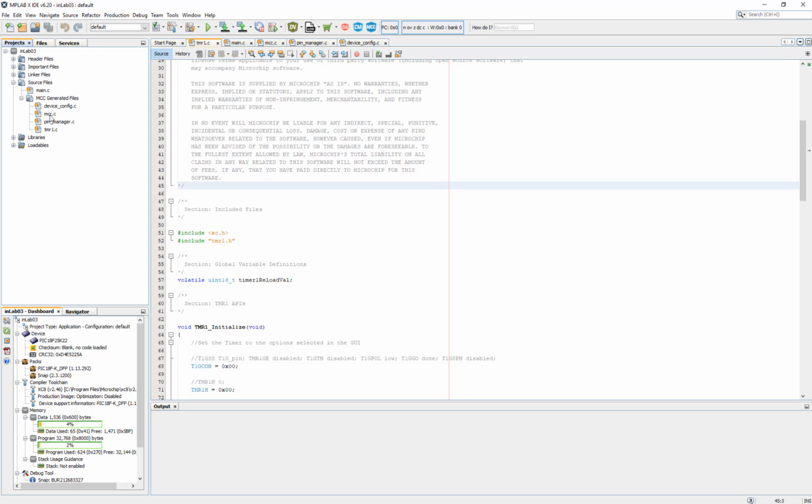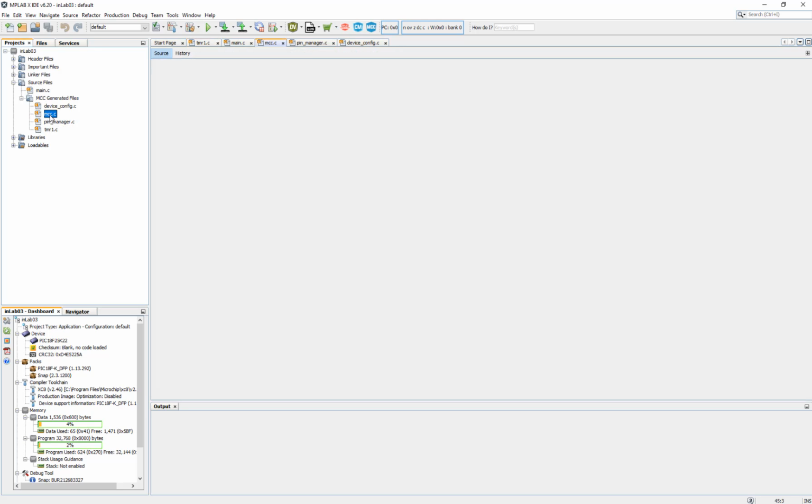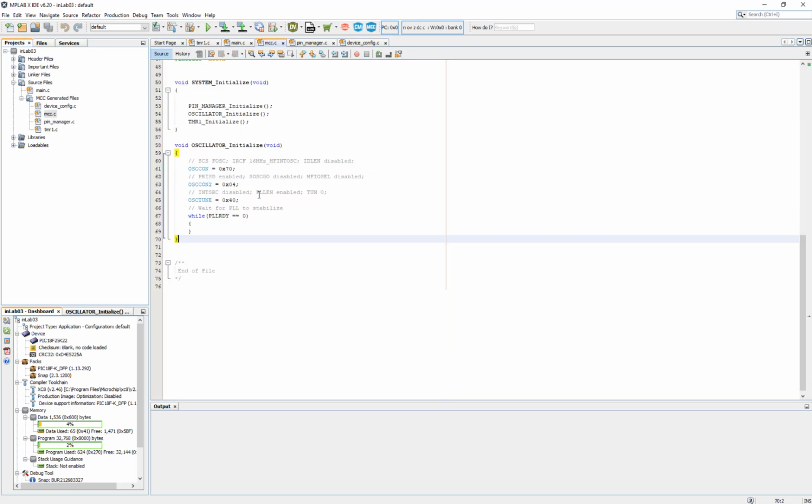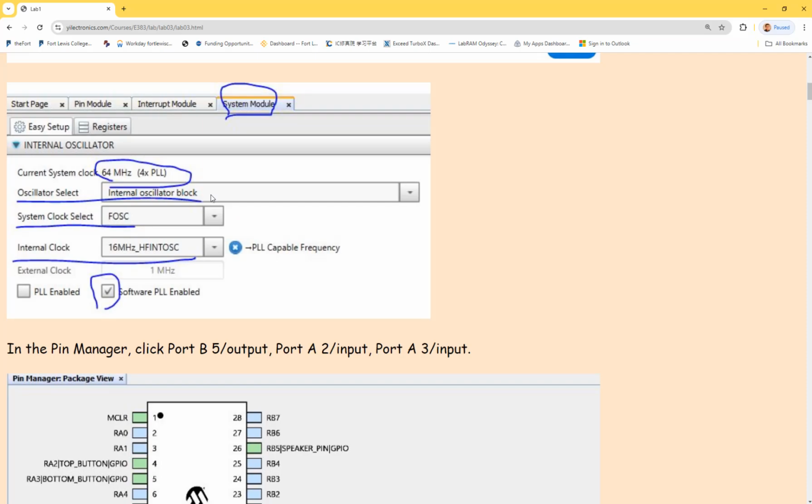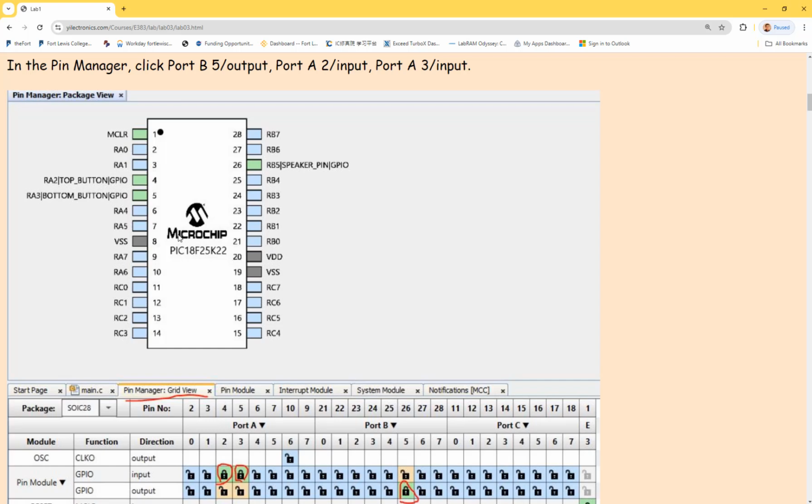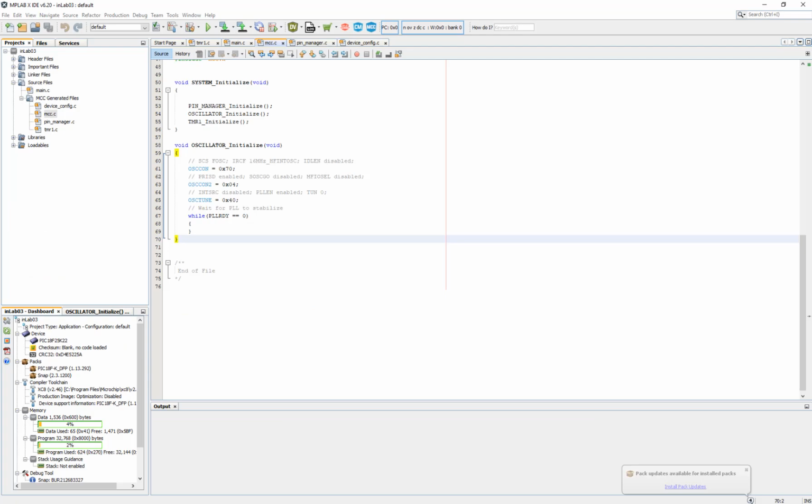There are files called mcc.c. If I double-click, so after you did all the settings in the MCC GUI, like I showed you, all the steps over here, it's going to put the numbers to the registers as a configuration to turn on and off certain functions. So this is what we are going to go through today, because probably most of you haven't done that yet